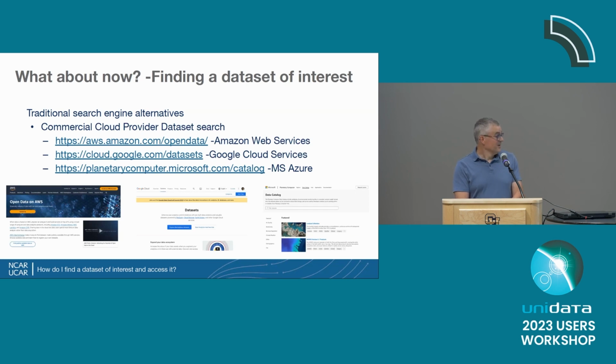And then if you weren't aware, the commercial cloud providers have gotten into this act as well now. So there are open data programs, as they're called, at Amazon, Google, and Microsoft. And a lot of the high priority data sets that NOAA provides are now available through these resource providers. So a lot of times users will come to the RDA and they want GFS data for